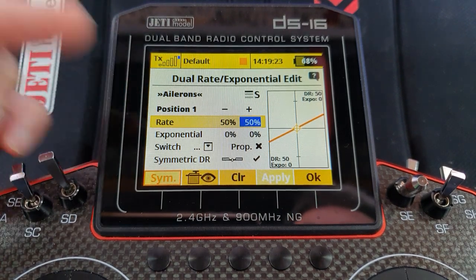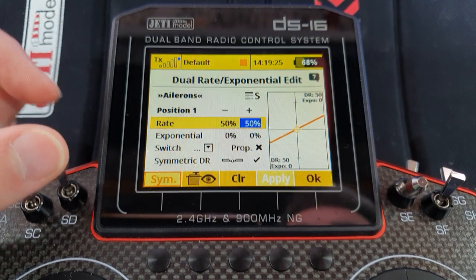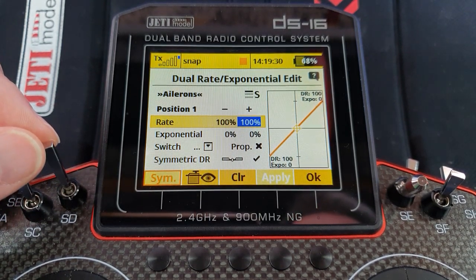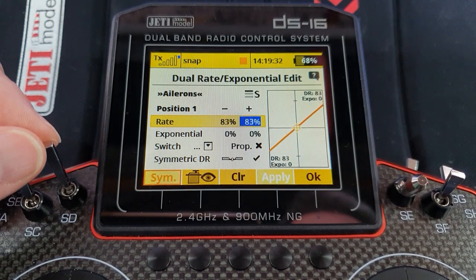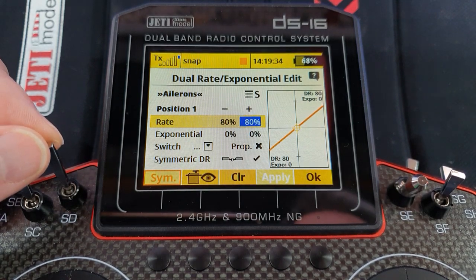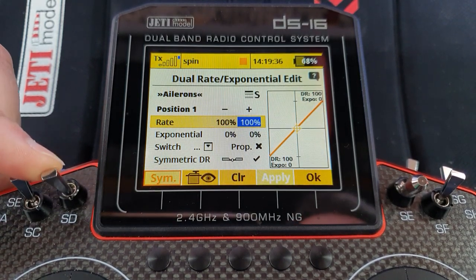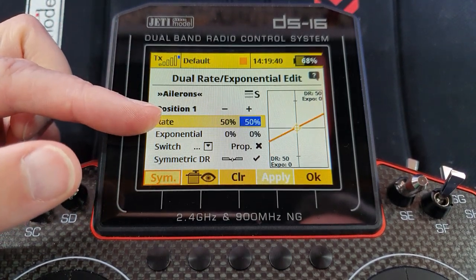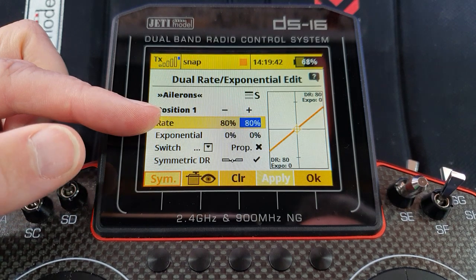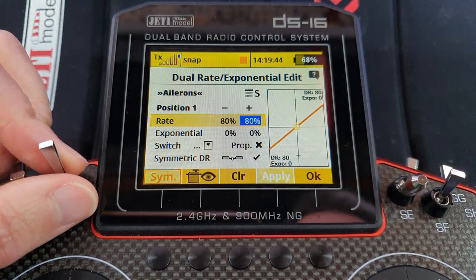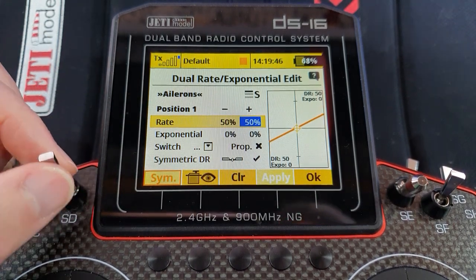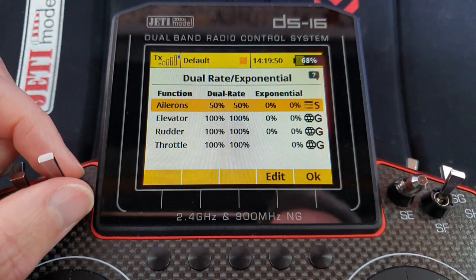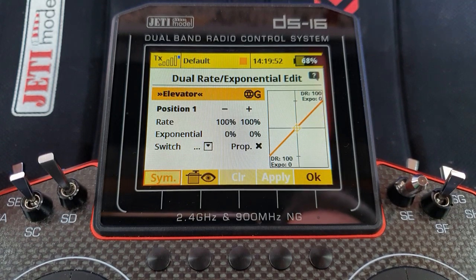In default flight mode, you've got a rate of 50%. Let's say snap has a rate of, we'll go for 80%. And now I'll move the switch to the spin mode. So we'll leave spin at 100, normal flight mode 50, and snap at 80. Okay, so what was that? Snap at 80, yeah. Say OK to that one, and we'll just come down, and I'll go through the same